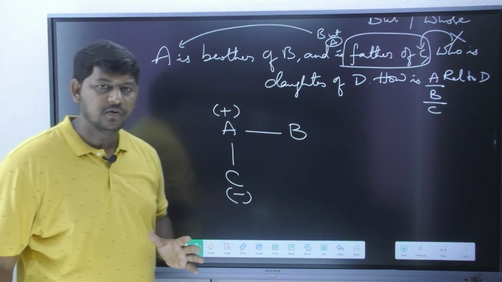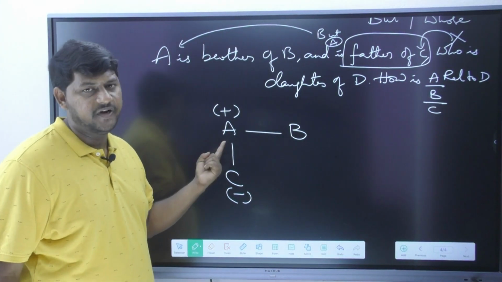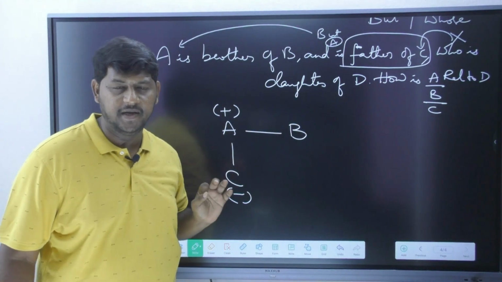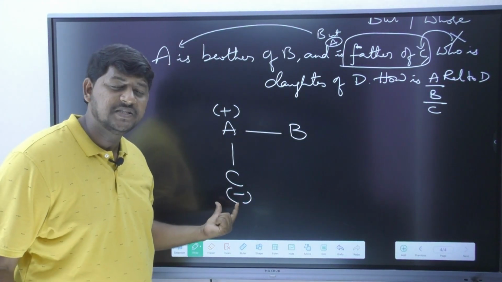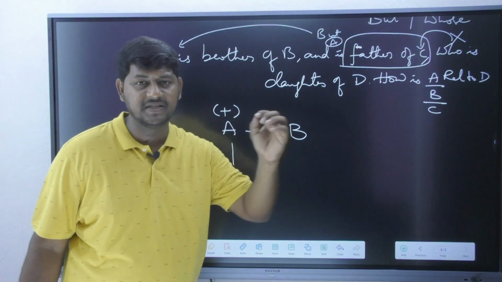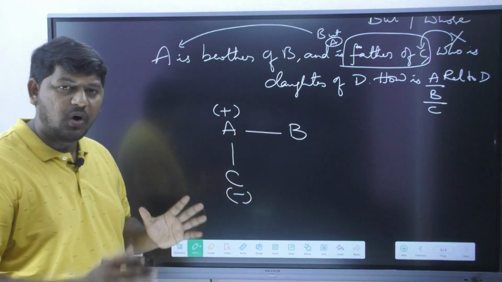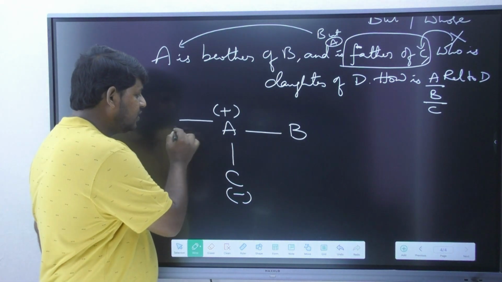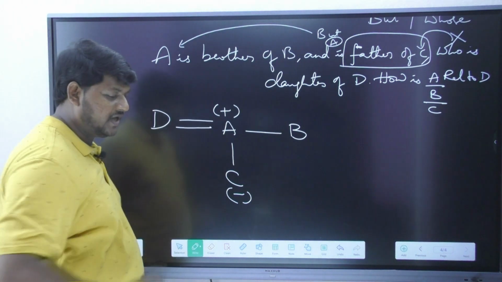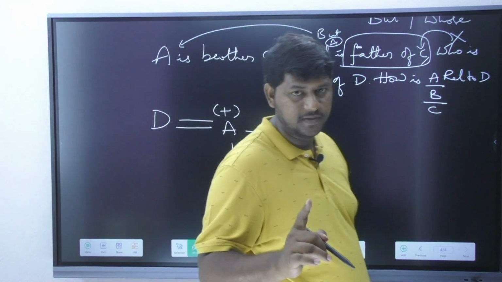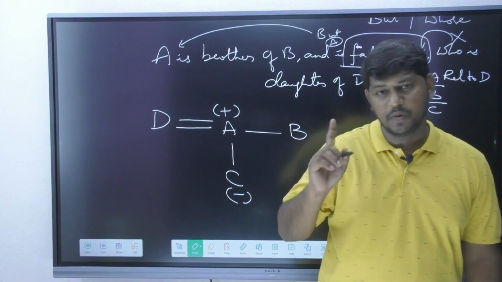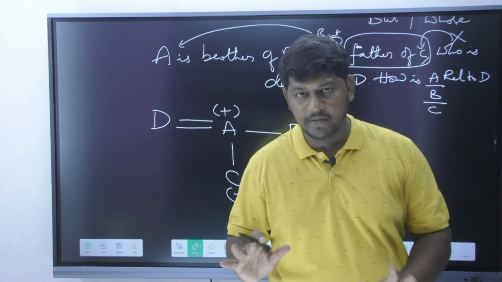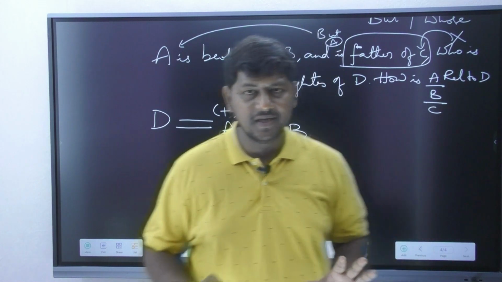Now closely observe, C became daughter for A, and now C is also becoming daughter for whom? D. One particular person is becoming daughter for both the persons A and D. Then what is the relation in between A and D? Yes, definitely you need to understand they are wife and husband. Do not say it as spouse. We are going to say it as spouse when the information is not known about a particular person.